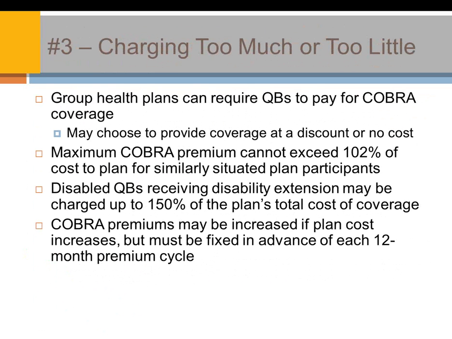When you're dealing with states that have age-banded rates, this is another challenge. Sometimes employers represent to the regular employees that there is a consolidation or an averaging of the employee-only rate, even though the insurance company is actually charging different rates based off of age. When COBRA comes around, you have to charge what you charge the employees, which means that consolidated rate is what you get to charge. And so you may have an older individual going on to COBRA, and they may have a premium that's higher than what you were charging the regular employees. The employer then has to eat that cost. It's not something you can get around.